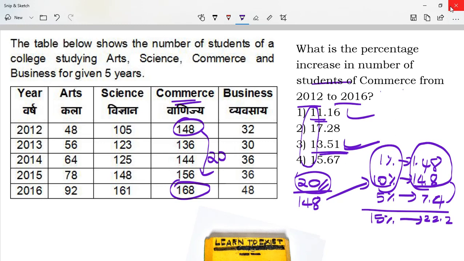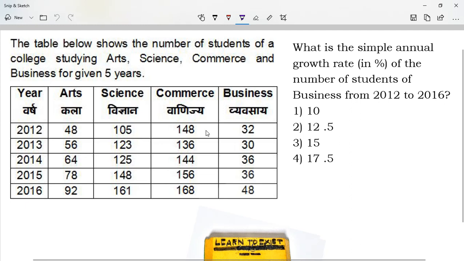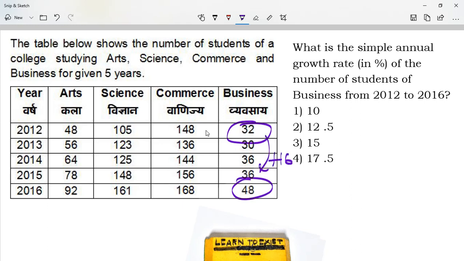And we will have another question from DI. What is the simple annual growth of this number of students of business from 2012 to 2016? Okay, so this is business 12 and 16, and the increase is 16. Okay, so if you are talking about in this interval, the increase percentage would be 16 divided by 32 into 100 percentage, and the value would be 50 percentage. So there's a 50 percentage increase